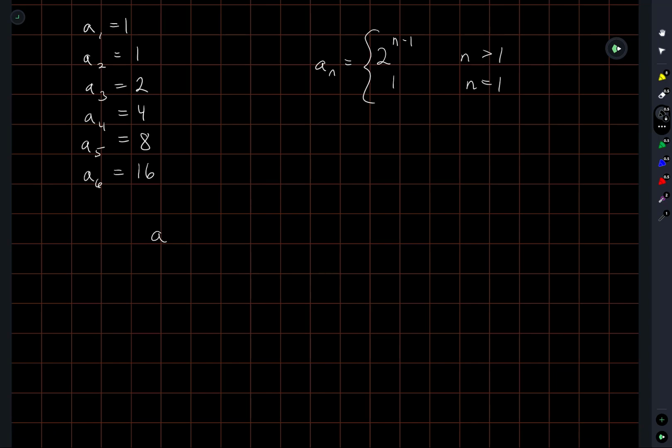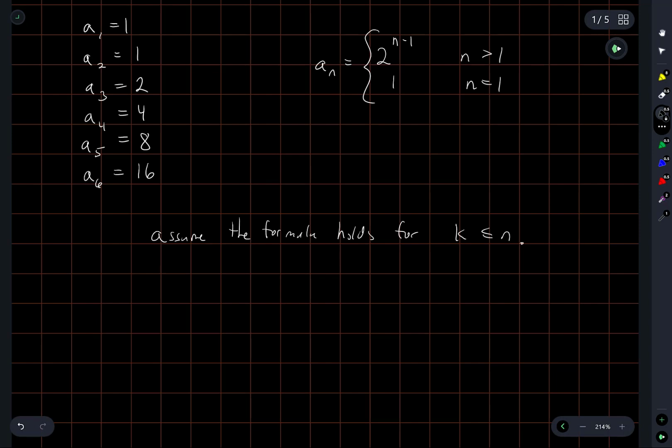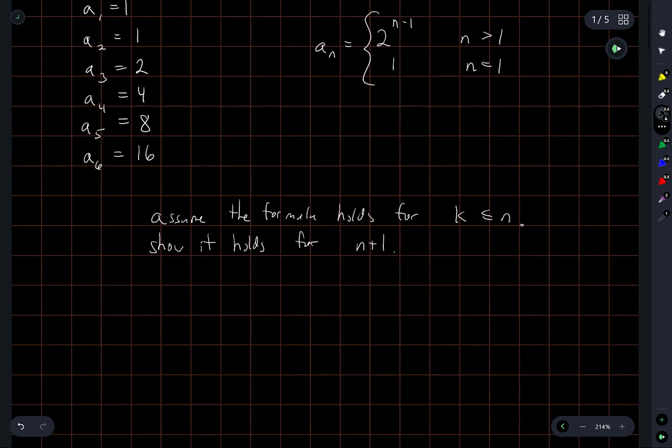So assume the formula holds for k less than or equal to n. Show it holds for n plus 1. Okay, well, n plus 1 is the sum